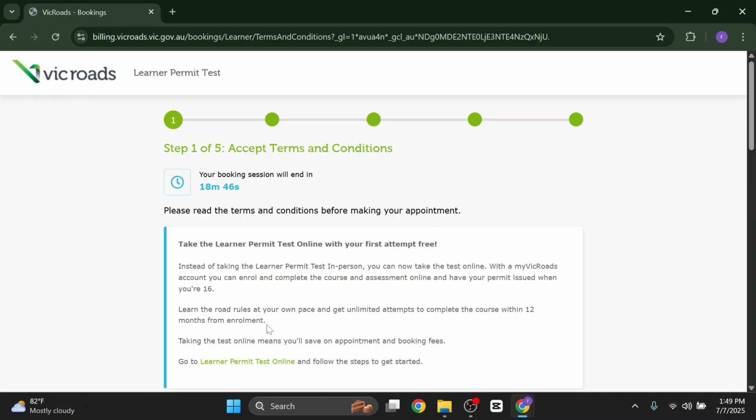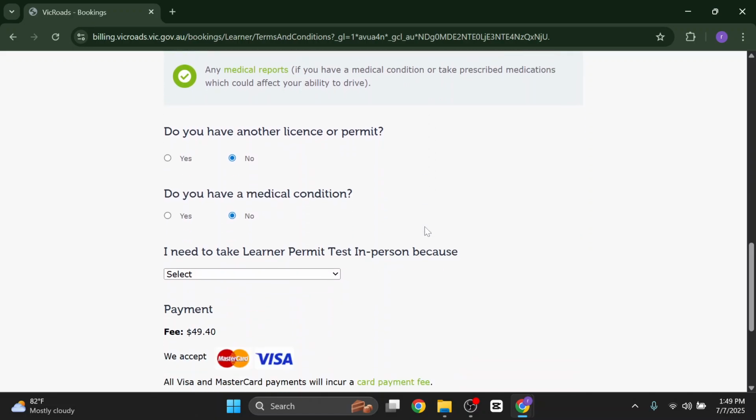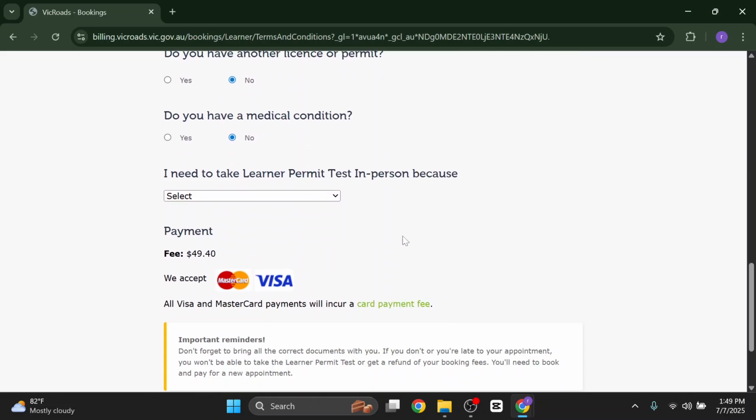And after clicking on continue, there are several steps. You just have to follow the steps and provide your MasterCard or Visa card information and pay the fees. So that's how you book driving test